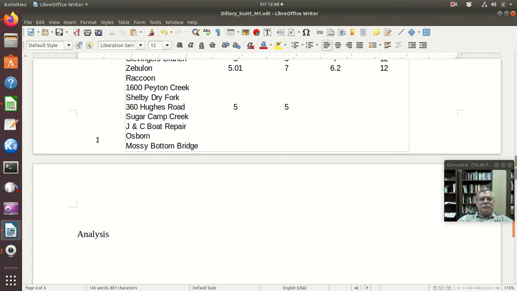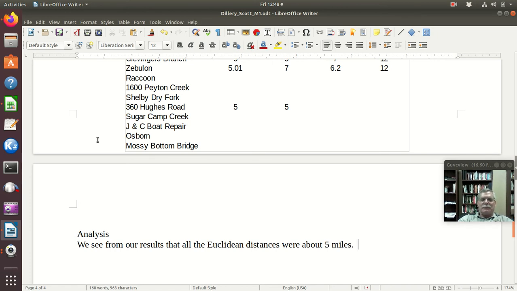And we see from our results that all the Euclidean distances were about 5 miles.